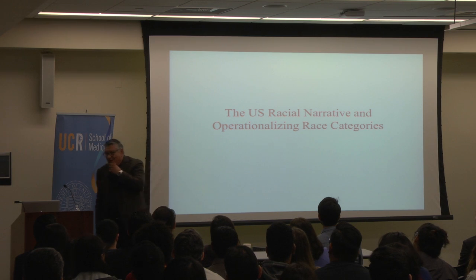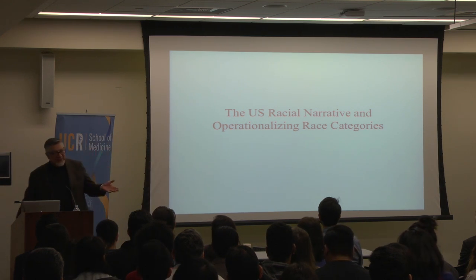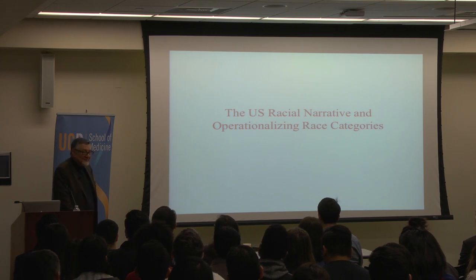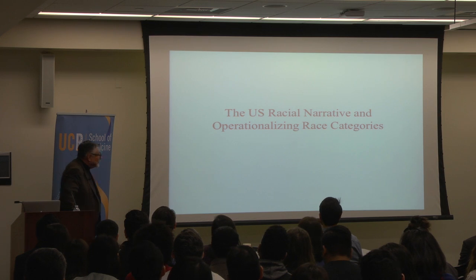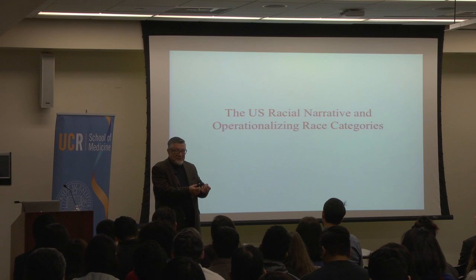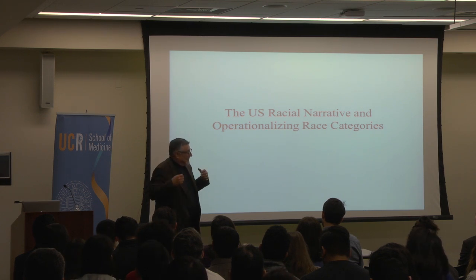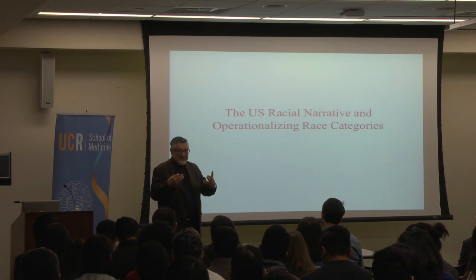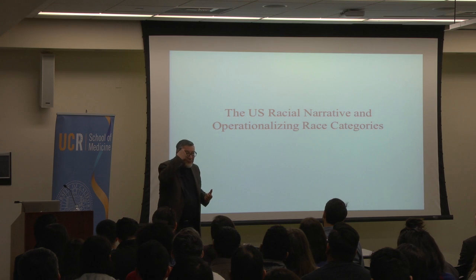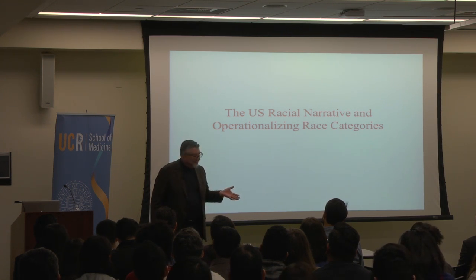I would like to offer that perhaps we're not measuring race, we're measuring racial narratives, which is a little bit different from race. What do I mean by racial narrative? Let's stop and consider. When we operationalize these racial categories, up until the 1980 census, you were not asked in the census what race you were. The enumerator assigned you a race. Well, how did they do that?